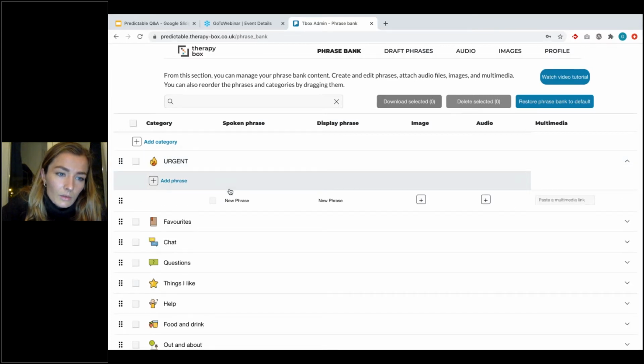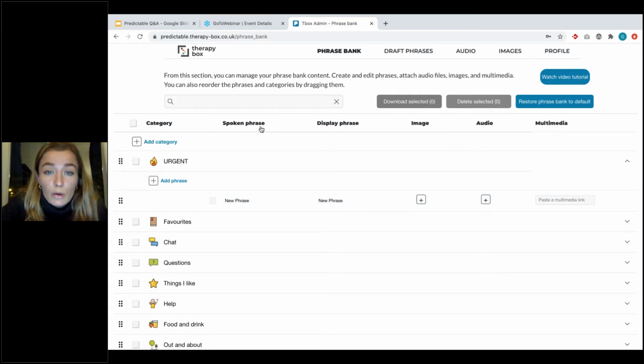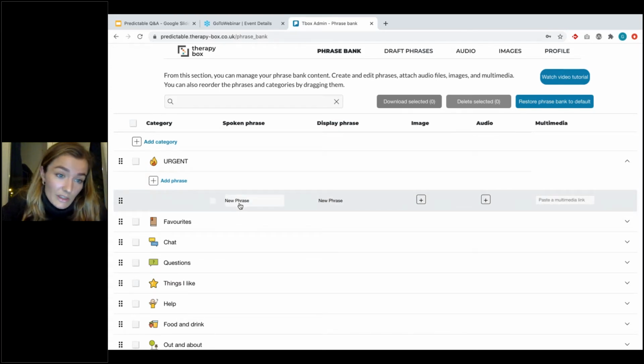And now I'm going to add a new phrase. So I just clicked on this add phrase button. Now I'm going to change the spoken phrase of this phrase. And I'm going to say, I need urgent help. The display phrase will be urgent help.